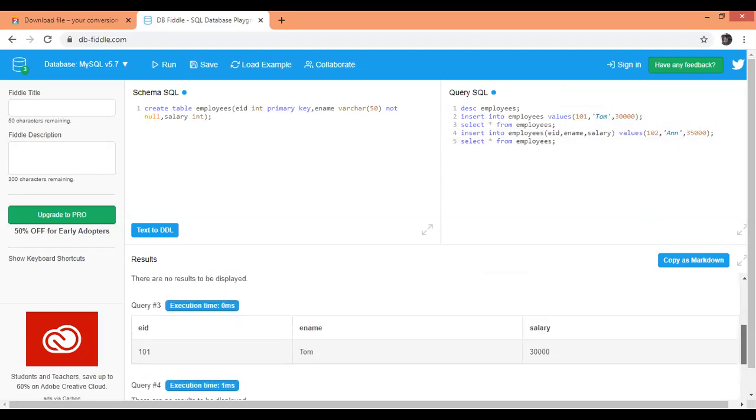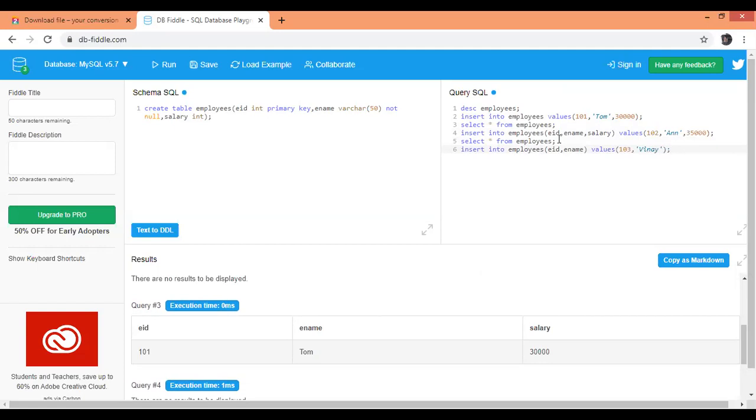Now, one more method if you want to insert. I'm using the insert command again. Insert into employees, EID and ename, values 103, comma, maybe Vinay.